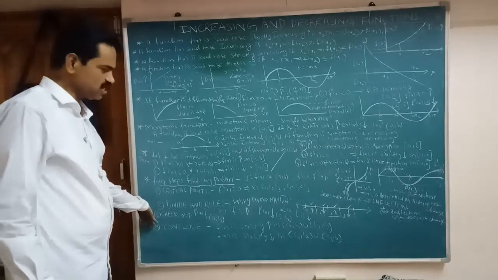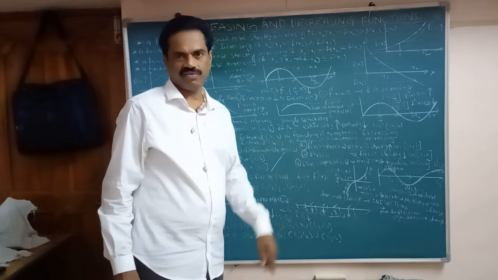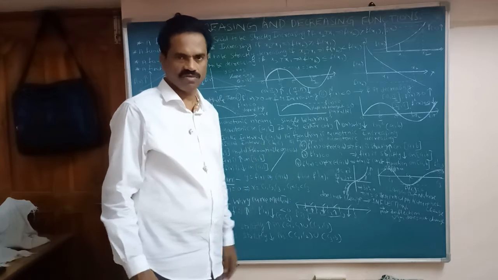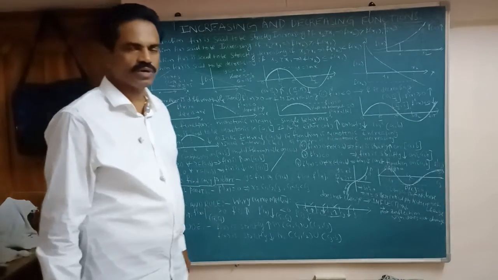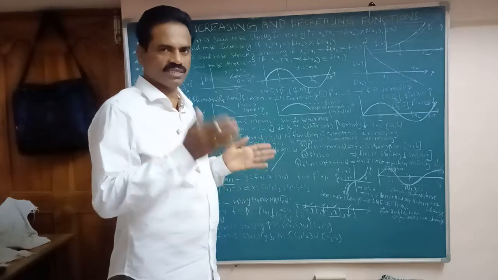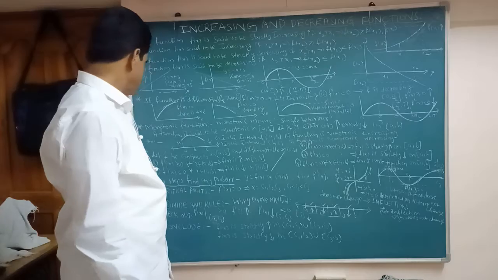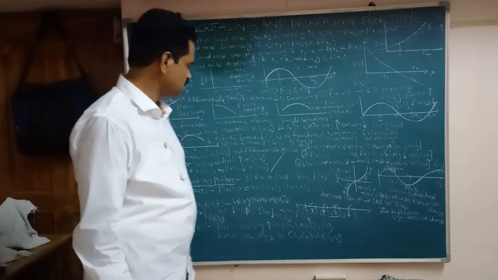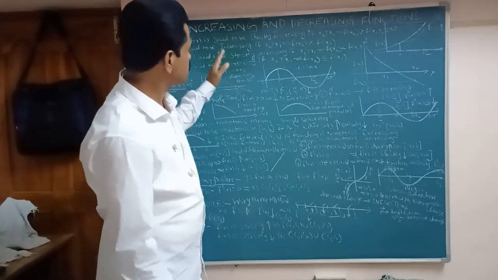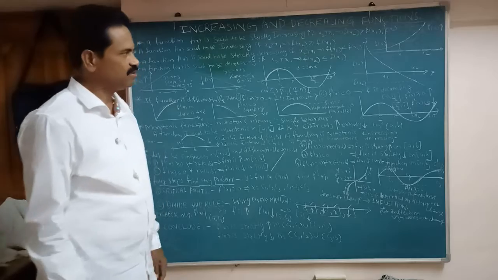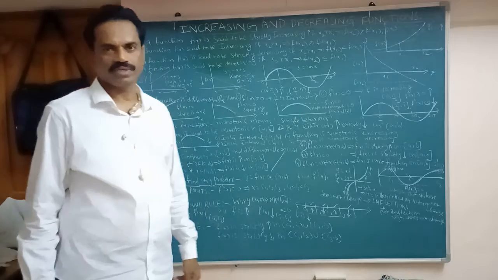If you remember these 4 steps, we can do it easily. First, write down the given function, find f dash, and set f dash x equal 0 to get the critical points. After that, a line, divide and rule: A, C1, C2, C3 like this. Based on the sign, we can write the conclusion: strictly increasing on which interval, strictly decreasing on which interval. This is the concept of increasing and decreasing functions. Don't confuse; easily we can find it out. Okay, na? So now we'll do the problems.